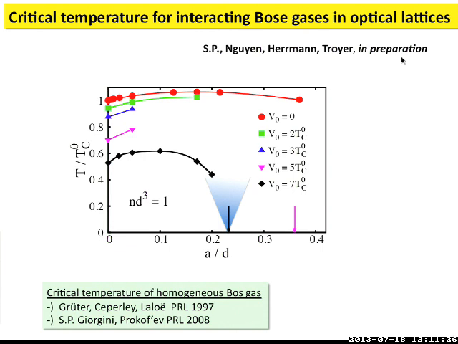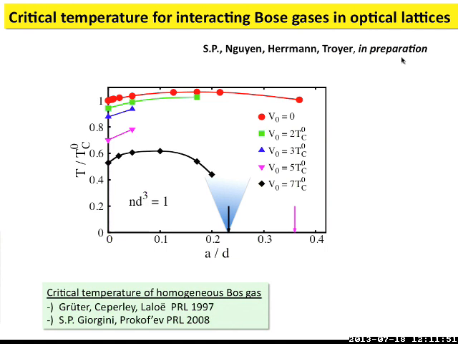And you see this intriguing effect that a weak repulsive interaction increases the critical temperature for the superfluid transition. Okay. In this situation you reach a maximum, and then TC instead starts going down. Now, if you add the periodic potential, what you see is that, of course, the critical temperature of